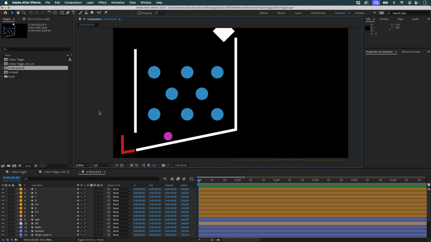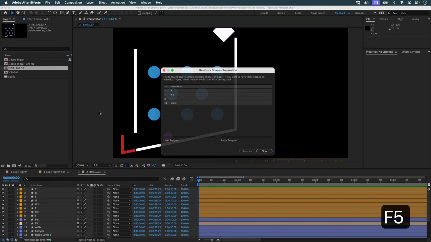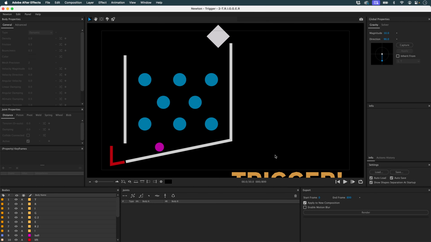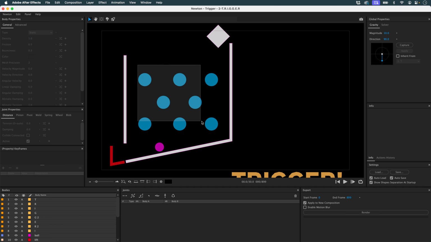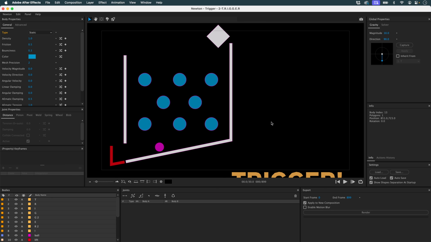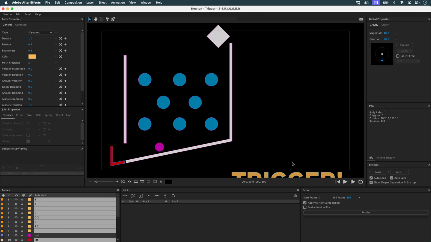So how do you set up this animation in Newton? I don't need to separate my shape layers. Here I am in my scene. I'm going to select my walls. So I'm going to select this set. These objects are static. These objects are also static. And these objects, this one and these, are triggermatic. You can assign them with the R key. I'm going to increase gravity